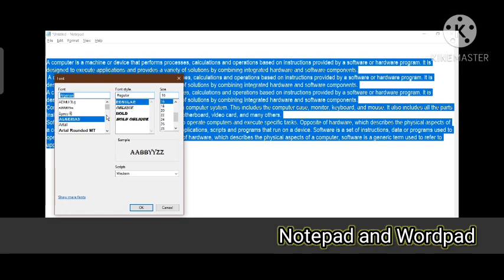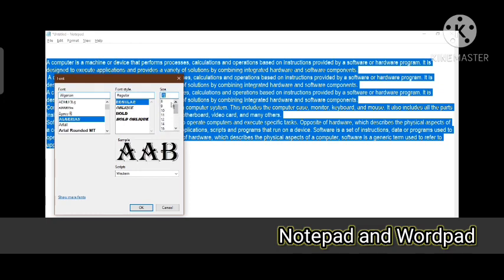And then there is a sample you can see over here, which shows what kind of font you will be getting at the end. So you can click on that font style, you can click on the font type, and then you can click on the size also. You can enlarge also. Let me select it from over here for you. This is the font size. From here I can select any size.